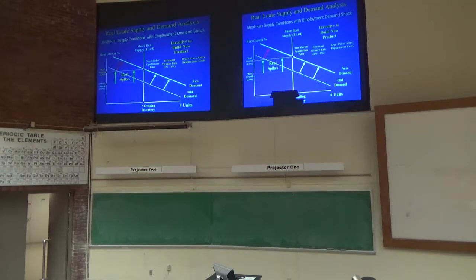So the employment demand shock hits. There's no new inventory that comes into the market. Rents spike, and the rent growth goes from 3.5% in equilibrium to basically 8.5%. Rent spikes are considered rent growth rates between 8.5 and 22%. If you go back in time and look at 1997, 98, 99, rents were growing between 10 and 20% per year for apartments. And in 2006, 2007, rents were growing at about 20% per year during the peak of the business cycle.